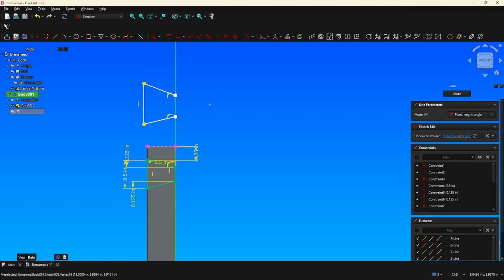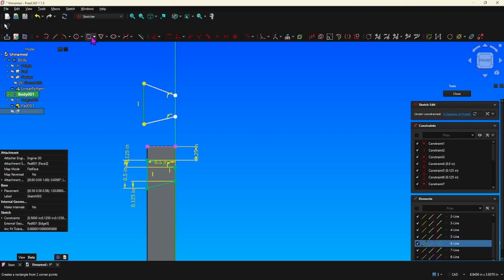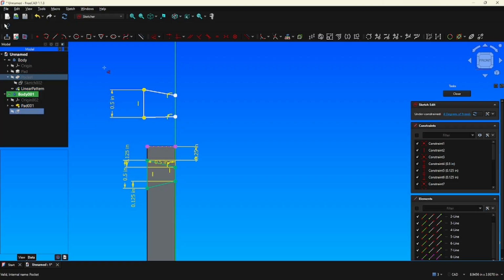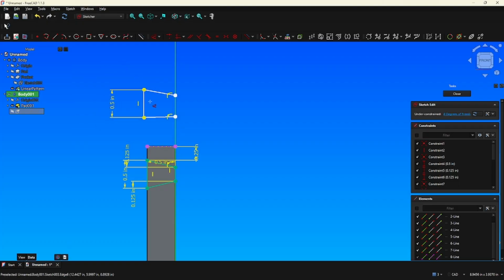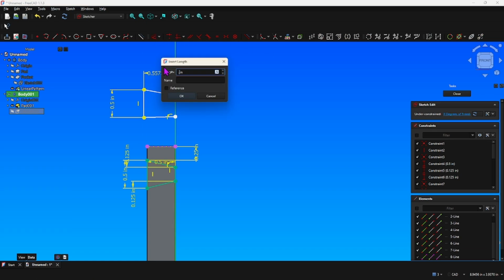Here we go. So this line, 1/2 inch, 0.5. And with this from here to here being 0.5,